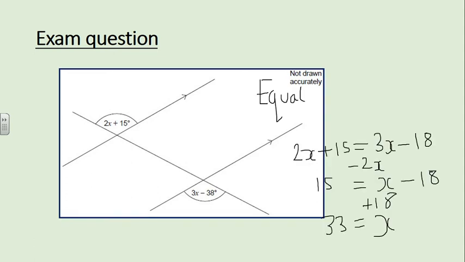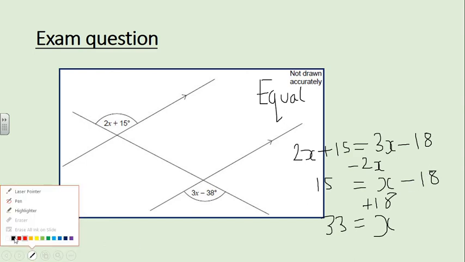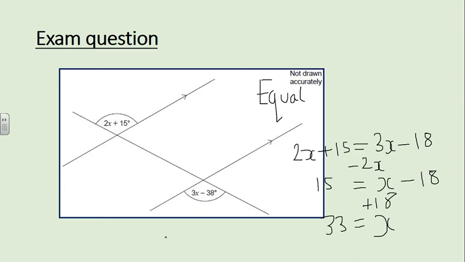Okay, then the answers, so they're equal. So 2x plus 15 equals 3x minus, should say 38, not 18. So this number on the end should be 38. See here? So I take away the 2x, which gives me 15 equals x take 38, not 18. Let me just change that. Okay, so this should say